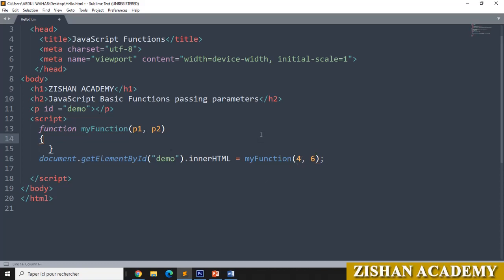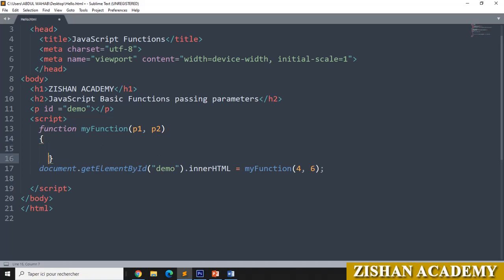Now in the function we will go for adding these two numbers. Here you can go for return p1 plus p2 semicolon.